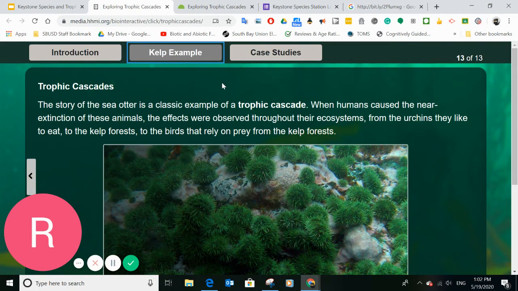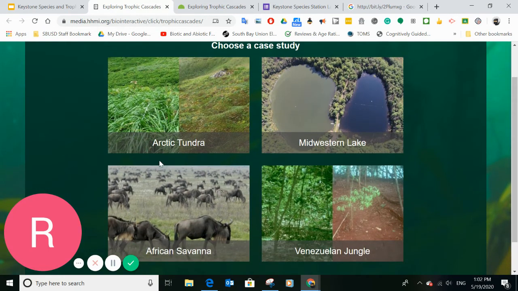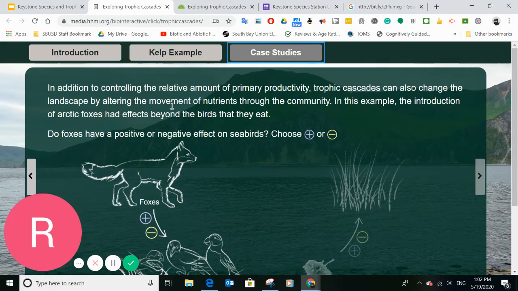So once you've gone through all of this, you'll come to the case studies. So here they want you to do, this one is on the fox, and then this one is going to be on the bass and the CO2. For these ones, your last thing will be to choose one of those and do the activity. So I'm just going to show here. If you click on it,